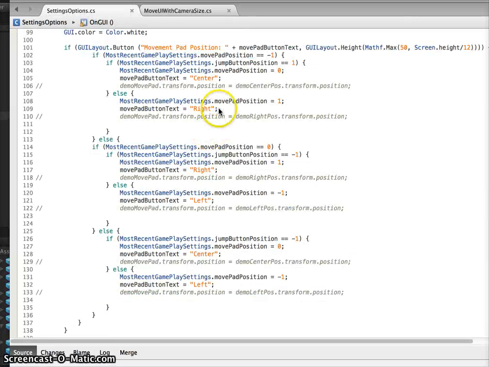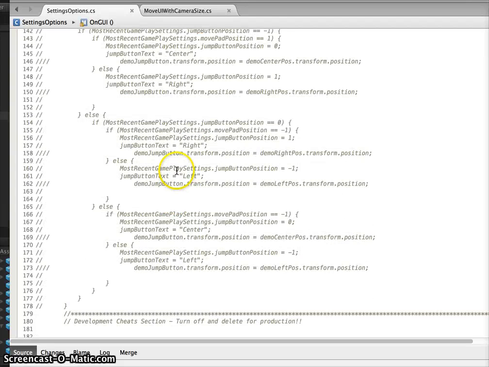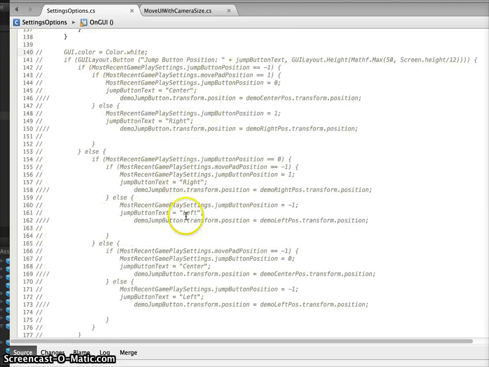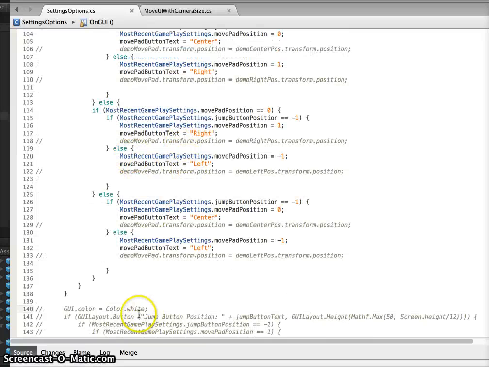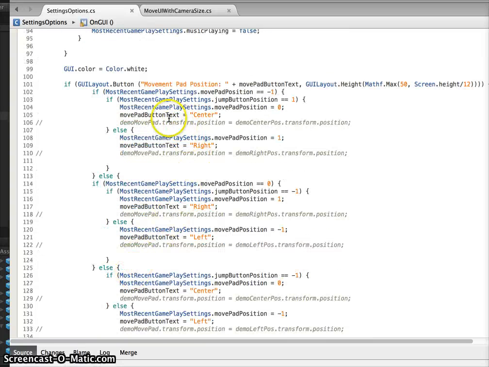All right, one of the more challenging things that I had was moving the controls for the player to use. I was successful a little bit with it, but I'd also wanted to be able to move the jump button. And I had originally written this code down here to have it swap in and out of different locations. But the jump button just wasn't behaving the way I was hoping it to be. So I went and commented out the jump button